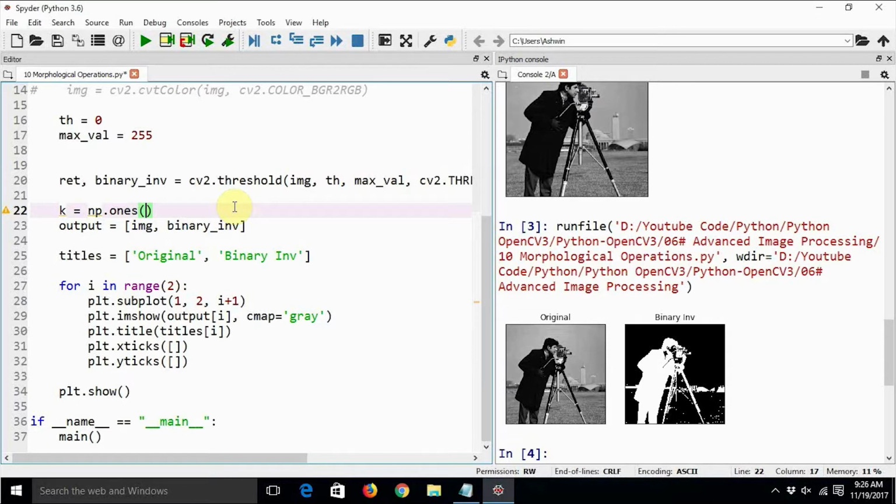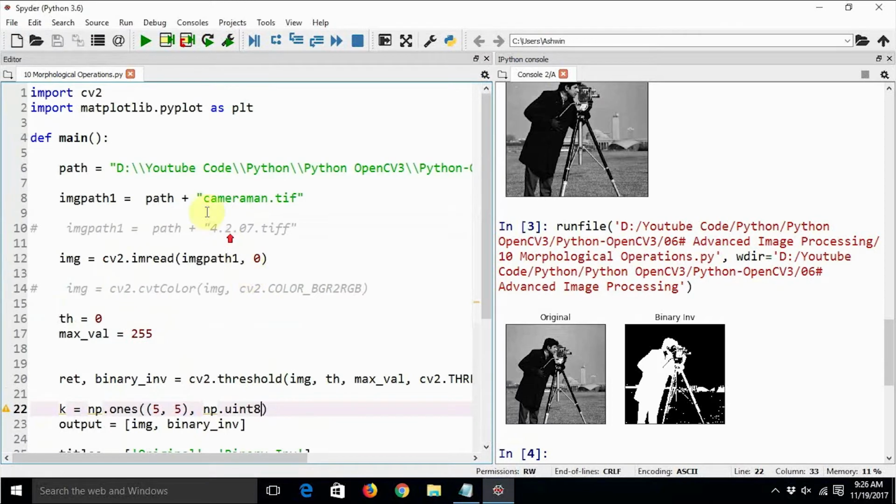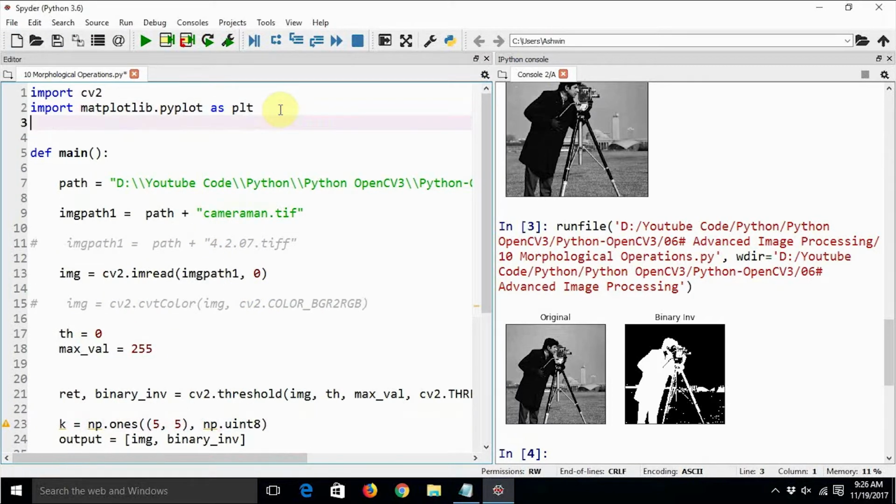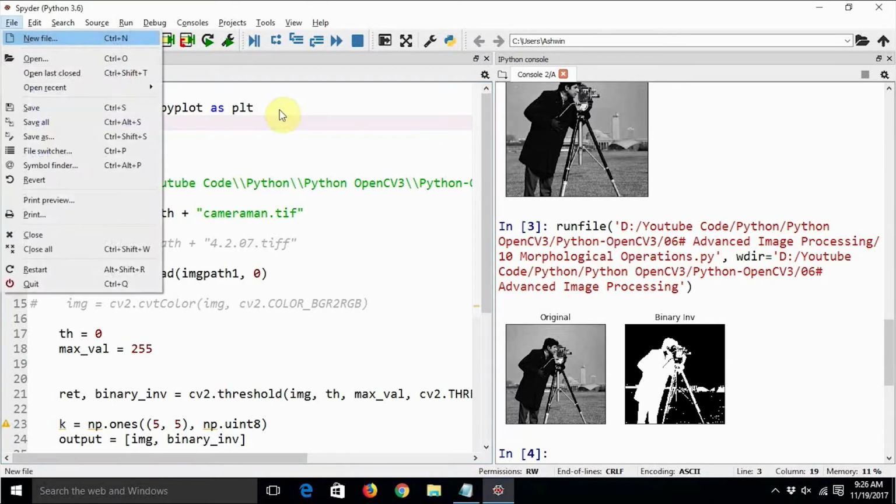The size in this case should be 5 by 5, so 5 comma 5, and the data type should be np.uint8. I hope I have already imported np. If not, we will import numpy as np.